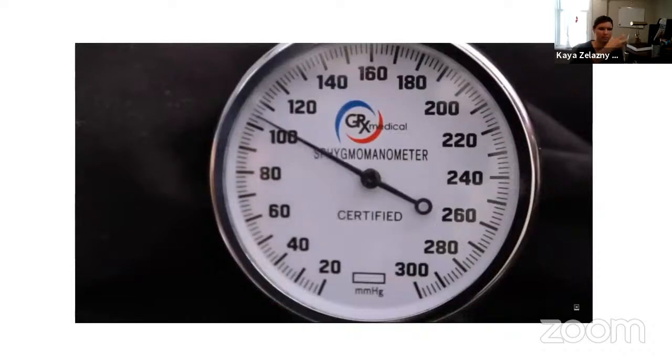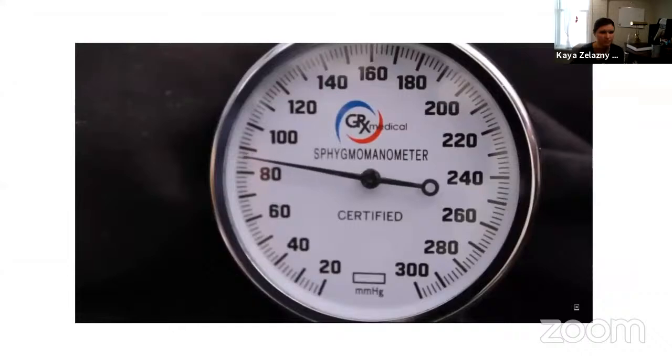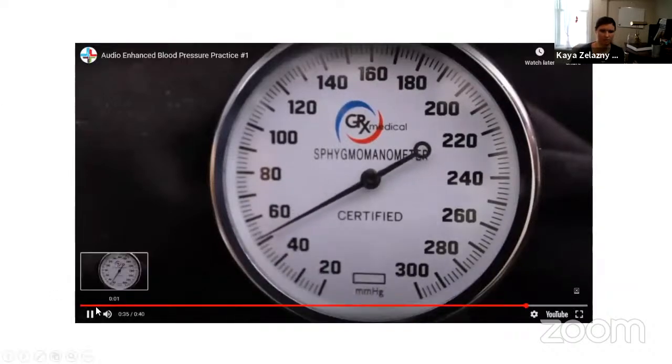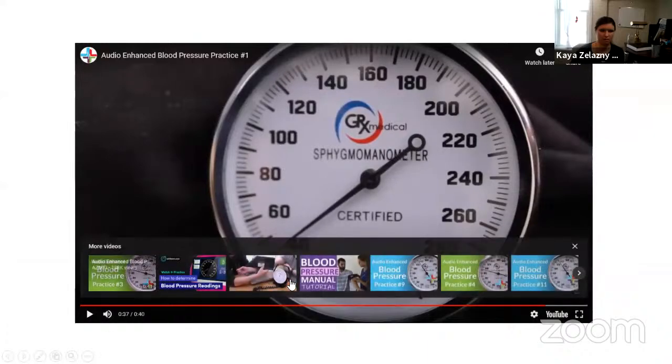We're going up. This is where we're squeezing the bulb and inflating the cuff. Okay,